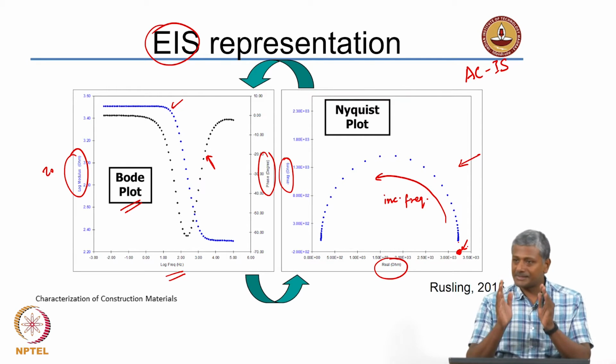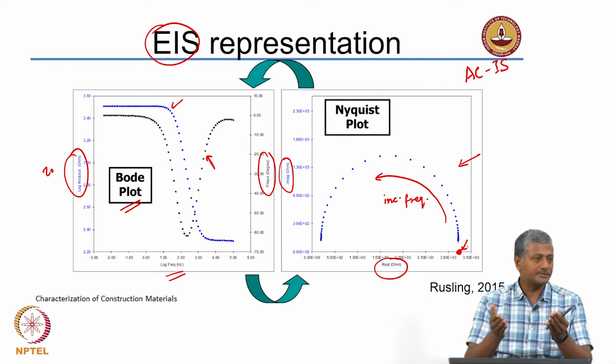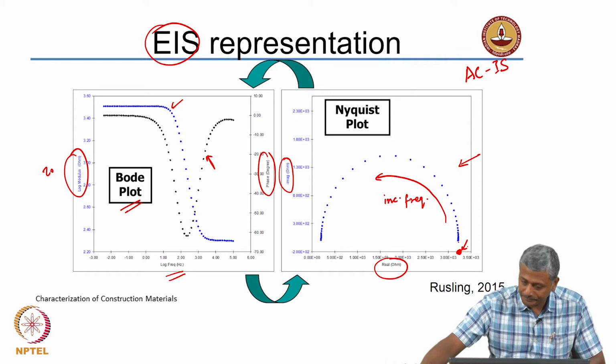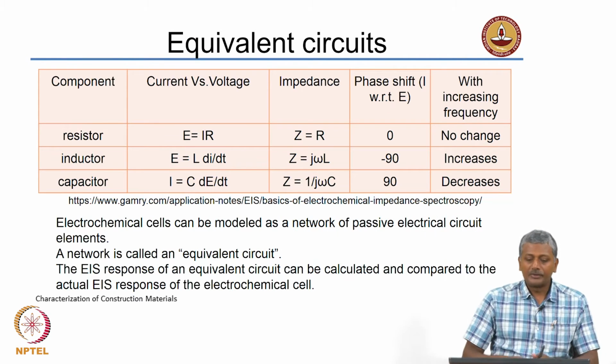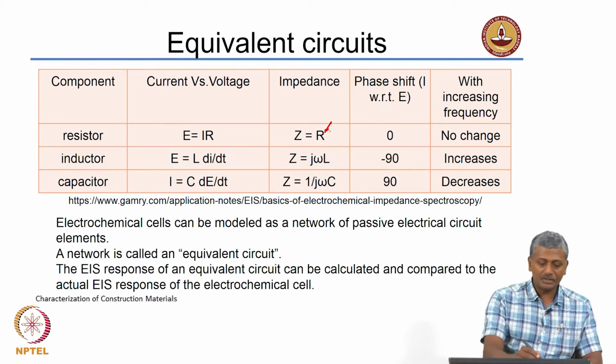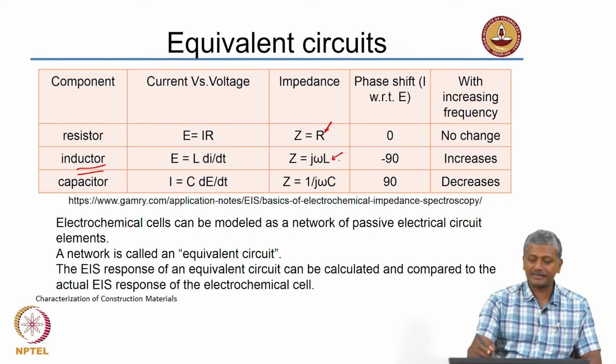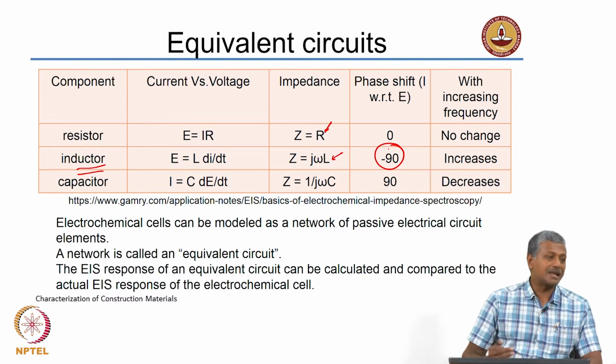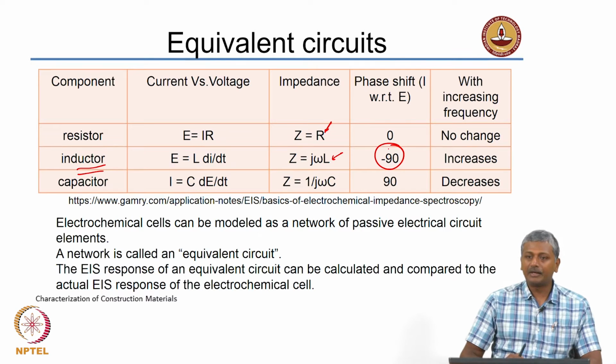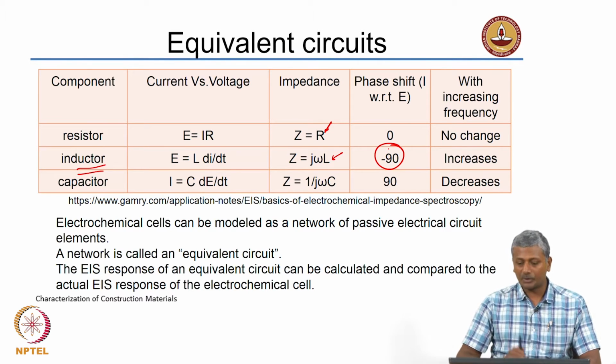So, we are testing any material which conducts and doing the Nyquist plot for that material and idealizing the Nyquist plot using an equivalent electrical circuit to get the actual electrical performance or actual electrical properties. So, again, impedance, as I said, Z is directly equal to R. In the case of a pure inductor, Z is given as j omega L, and as I said, it is shifted or it is lagging the potential. So, it is minus 90 degrees out of phase with the potential.